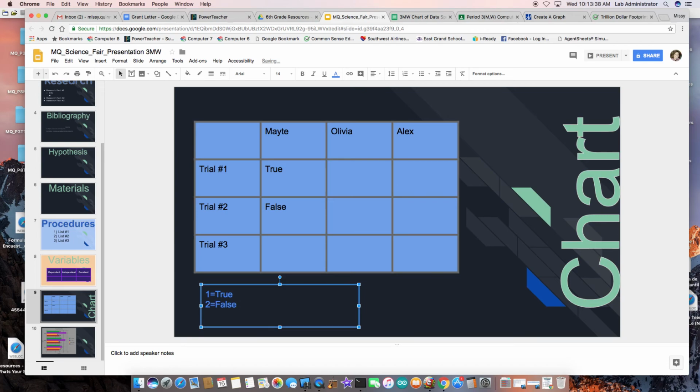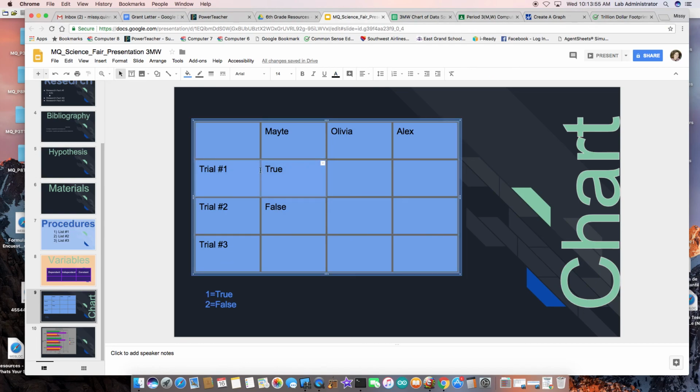So if you are coming up with some things where it's like words that you're using, you might want to use a legend that depicts numbers because the graphs are easier to see if you have numbers. Does that make sense? Then instead of putting true and false in here, you would put 1, and we would know 1 is true. That 1 is true and 2 is false. Okay, because then you would have your legend here. All right, I'm going to